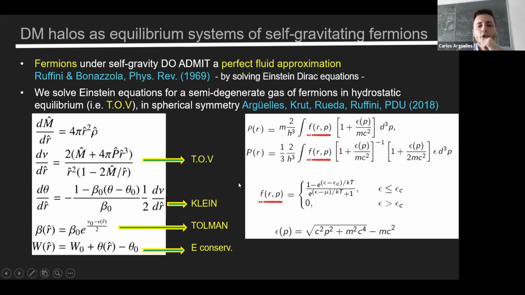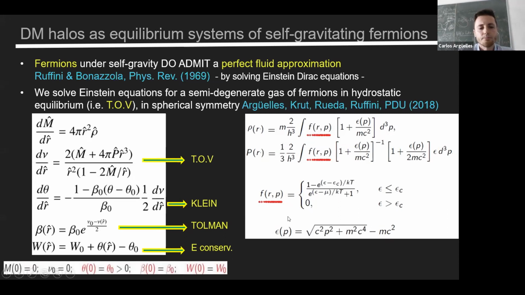One important point is that this equation of state is not barotropic, it is a parametric equation of state, where the pressure will depend on the free parameters such as the effective temperature of the dark matter, the degeneracy, and the cutoff energy. The energy here is kinetic energy, which is written relativistically, but depending on the regime, it can go from non-relativistic to relativistic regimes.